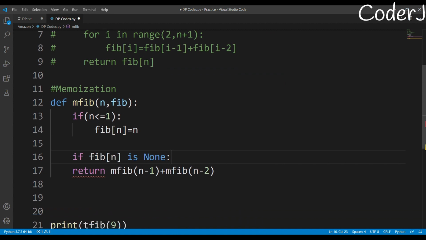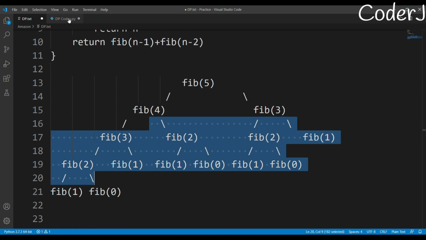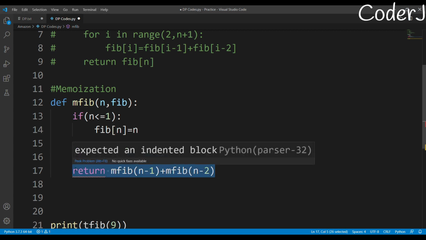This basically denotes that the values are empty, it has a null value, right? It's up to you, you can even put -1 values also. So if fib of, let's say, 3 is None, which means that we are encountering fib of 3 the first time, then yes, we are supposed to solve it. There's no issue, right? So if fib of 3 is None, then what do we do? We will solve it. So how will we solve it?